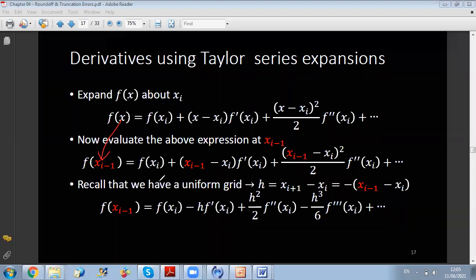So we pay attention that, in general, delta x is equal to h, so you can write it as xi minus xi minus 1. Since here you want xi minus 1 minus xi, you replace it by minus h. And then when you develop here, you have minus h